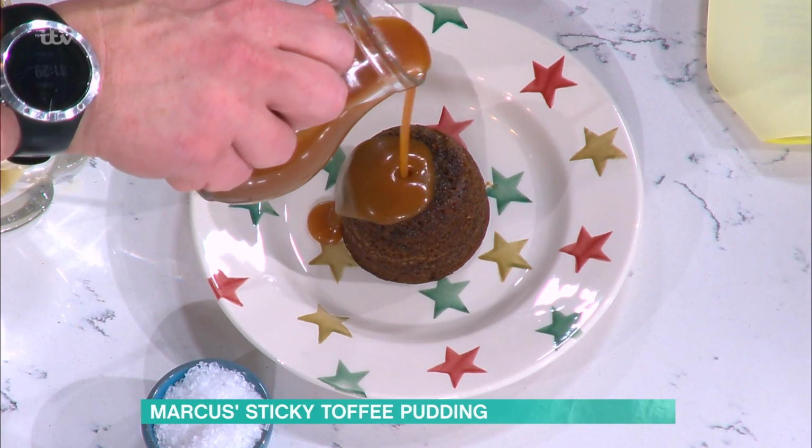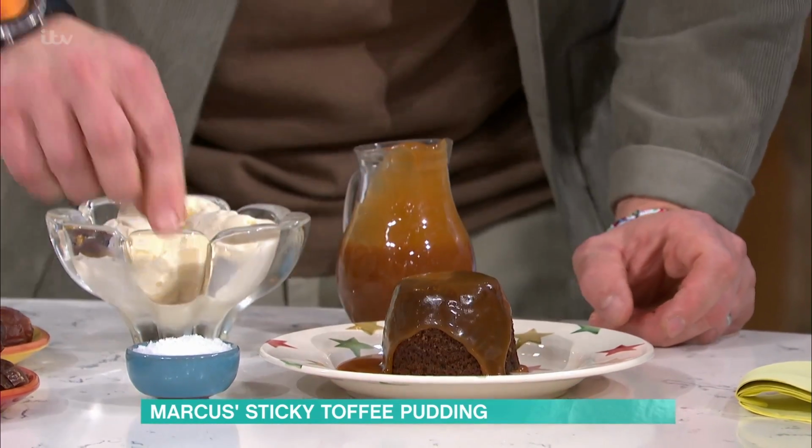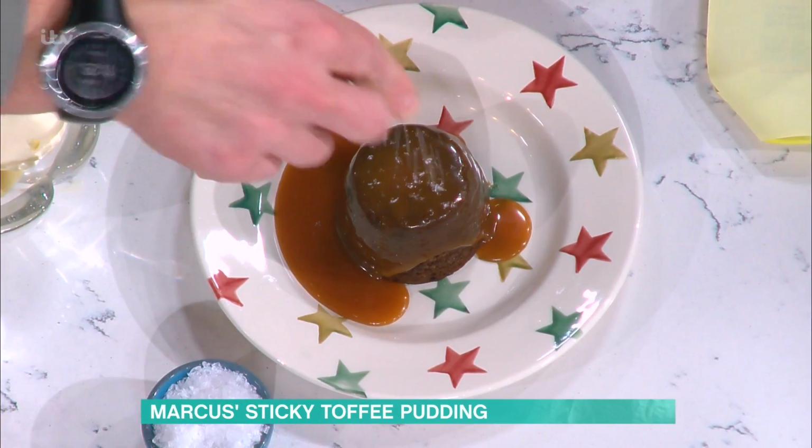Oh, a bit of caramel sauce. Oh, so that goes inside it? Inside, all around it, over it. A little bit of this, sprinkle over the top. You do some salt just to...